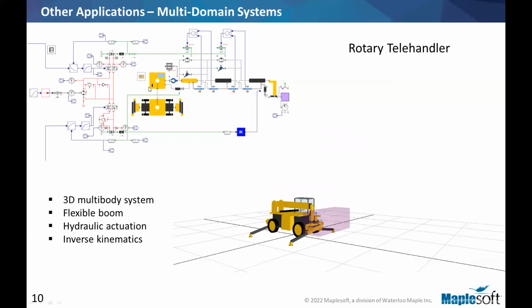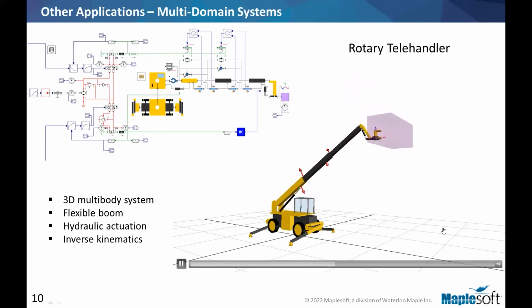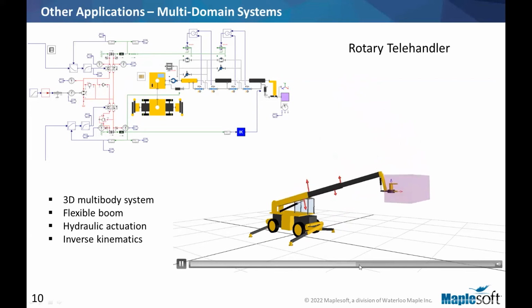And you can see this in the upper left-hand picture. The red lines here are hydraulics. I'm connected to a cylinder that is going to give me that 1D motion. And then I'm connected to the multi-body components. I also have a flexible boom with some arrows that are showing the forces. So as this extends and comes back down, you can see how the forces are distributed along the length of this boom. And the control for the tip of this is actually using inverse kinematics